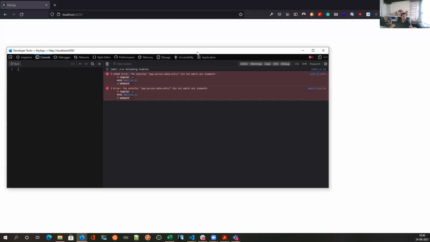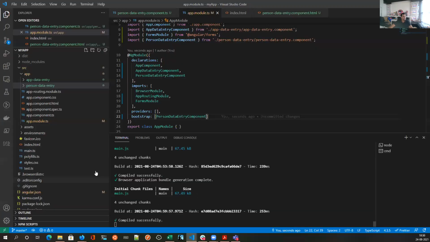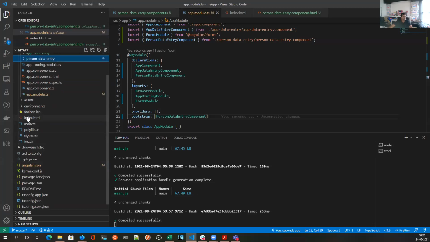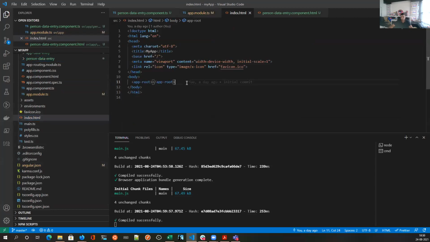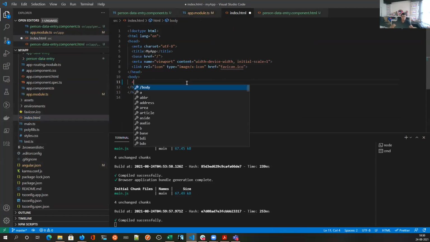You will get a white page because your application crashed. So when you go in the console, it says that app person data entry did not match any elements. So why is this error? Because in our index.html, we need to put the actual component selector, app-person-data-entry.